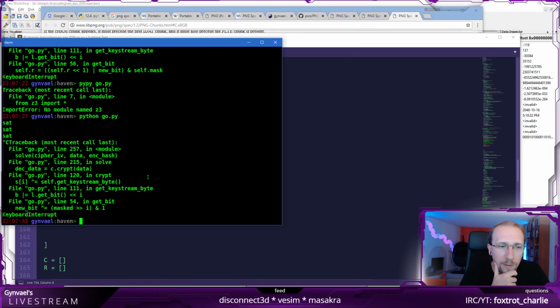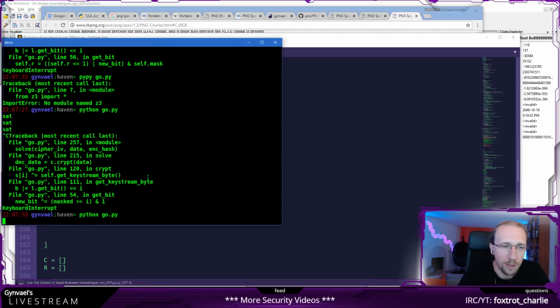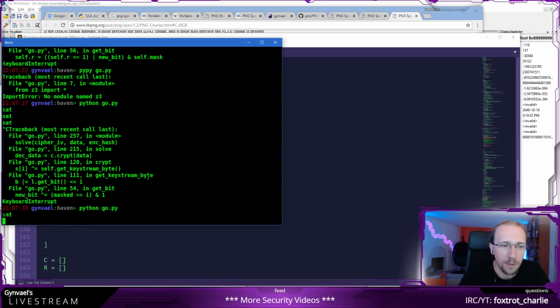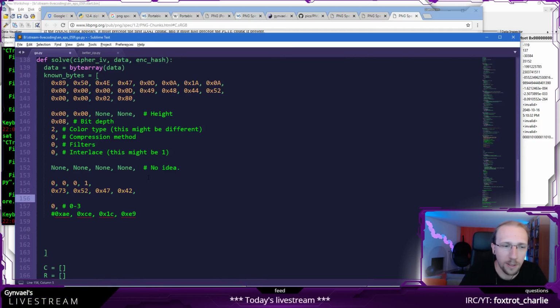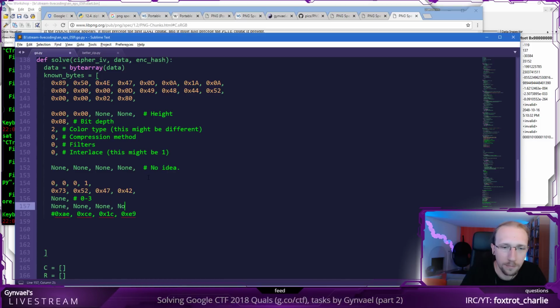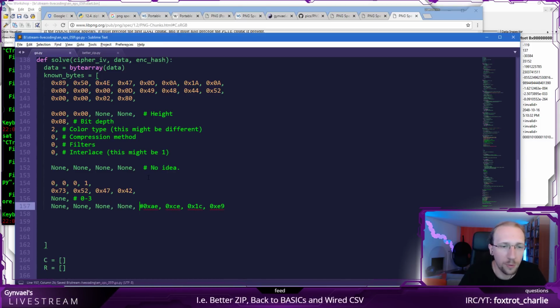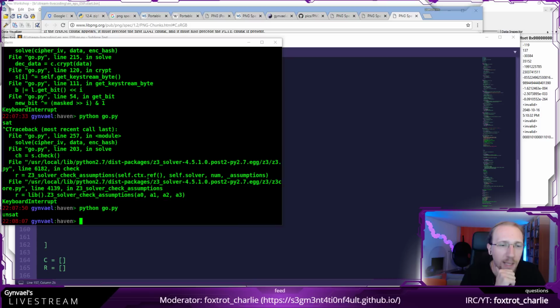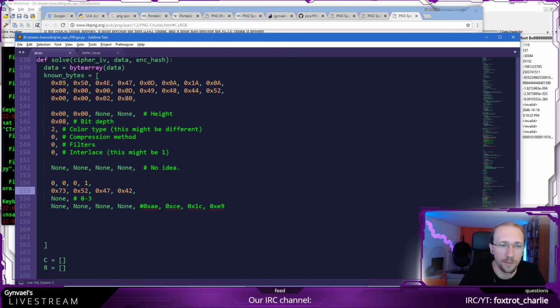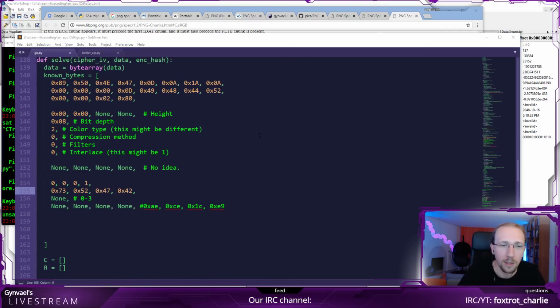Okay, so if we know it's unsatisfiable, let's try it like this. Can we satisfy it with this? With a length of 1. Or actually what we could do here, I guess, is remove this. Let's assume that we actually get this correct, and we get none here, because we don't know it. And this means also we don't know this part. So I'm assuming that we got the chunk right, but we have no idea what is in the chunk. And let's see if this is satisfiable. Unsatisfiable. So this is probably not the correct chunk. The chunk is probably not there, or I made a typo.